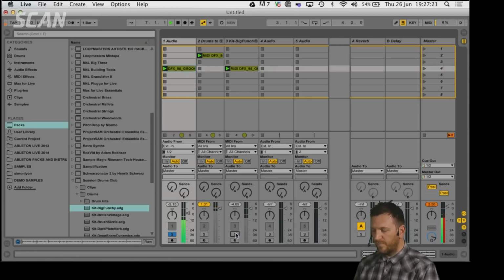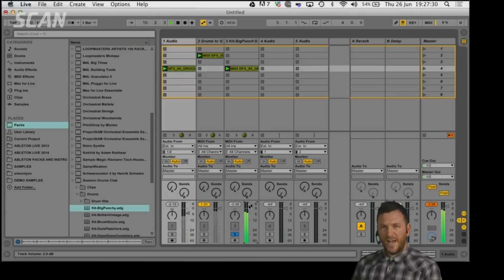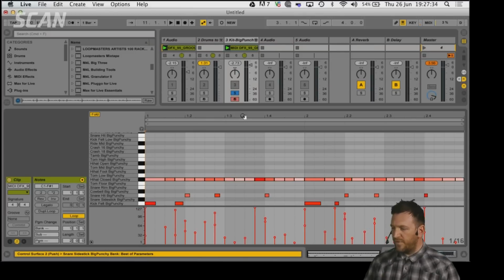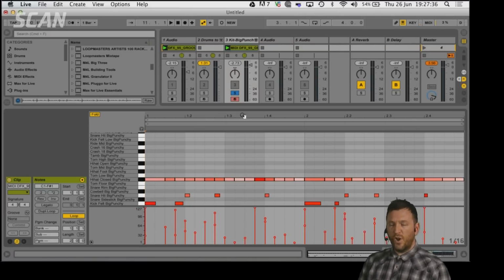So basically from that, you've got this. If you listen to the hi-hats, it's quite a groovy hi-hat pattern. So as a good starting point, if you wanted to start a song and you've got an idea of how